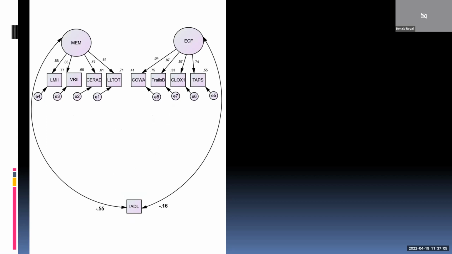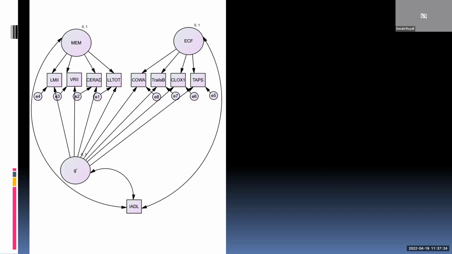But now we'll reorganize the very same observed measures as 2 measurement models. One of them purports to measure memory, the other one executive function. Both of those are significantly associated with IDL, but this model doesn't fit well because it ignores the existence of G. You put G in and the fit is strongly improved, but G would rob the other 2 latent measures of their associations with IDL, and yet its fit is still not great.